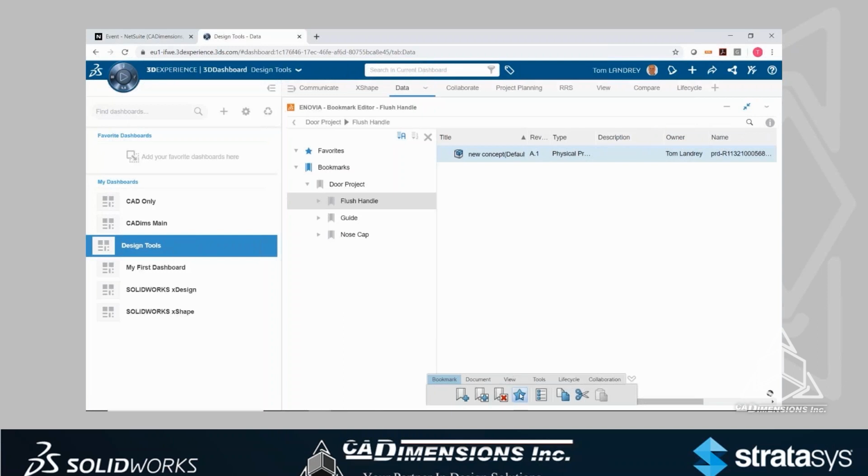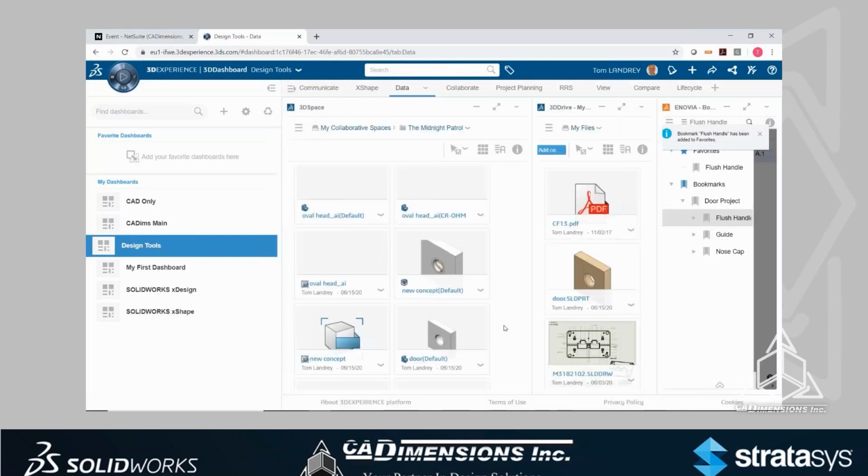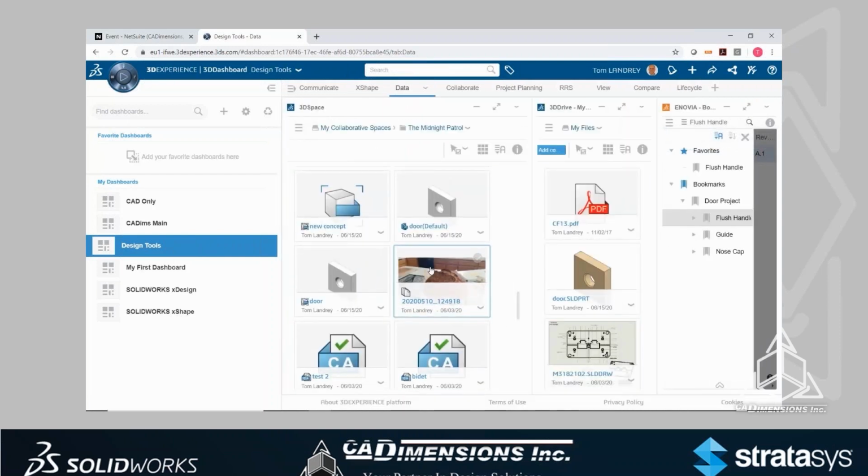By the way, I'm going to make it a favorite because I'm going to be working on my flush handle. So it's at the top of the list all the time. When I'm done with the project, I'll remove it as a favorite. And here, let's just find something else on it. Take the door, whatever I want to take, and